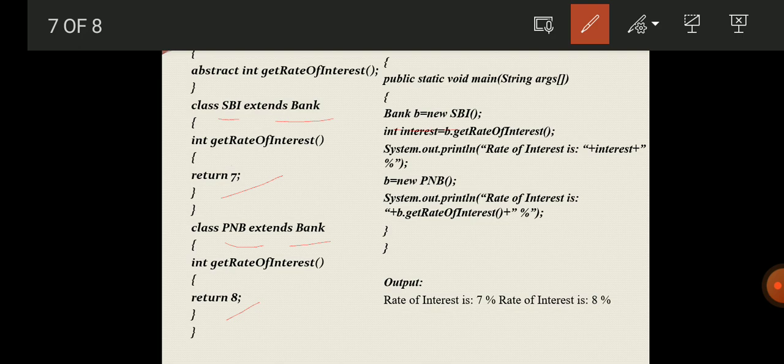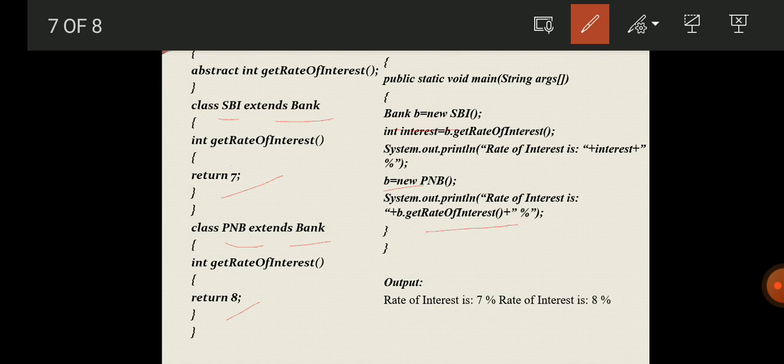The value 7 is assigned to the interest, so the rate of interest for SBI bank is 7. Next we are creating the object for PNB bank and printing the value. The rate of interest is 8.